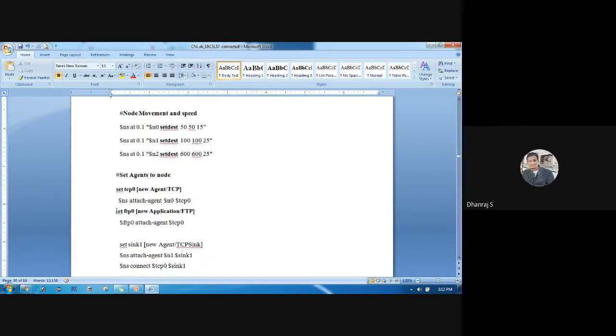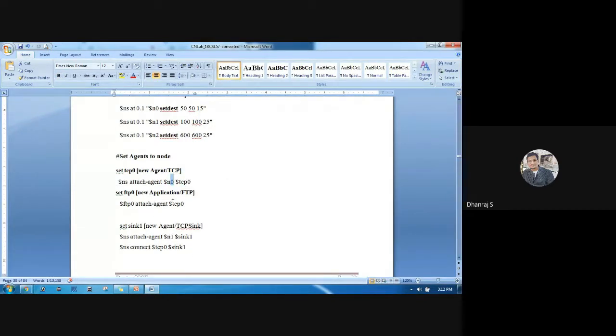So the next thing is we need to set the agents. Same process again. TCP0 is attached to N0. Again, same process: set tcp0 [new Agent/TCP]. A should be capital, TCP should be capital. Then $ns attach-agent, so TCP0 is attached to N0. And again, we need to attach a traffic generator.